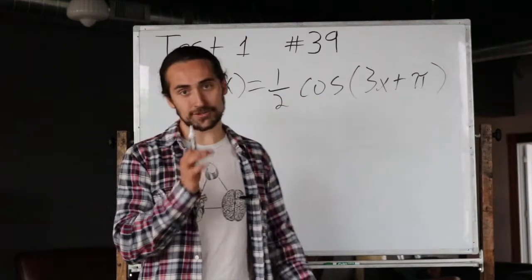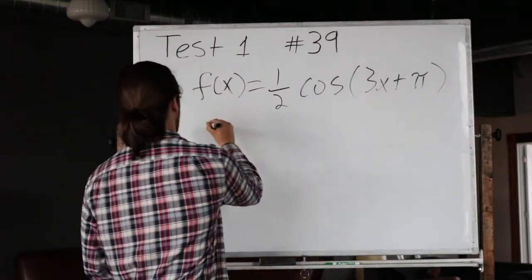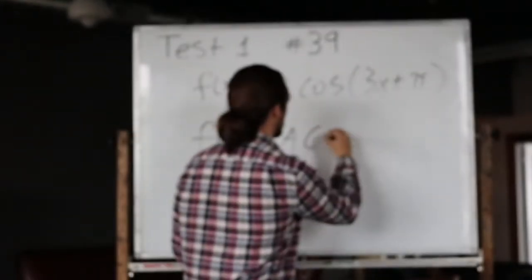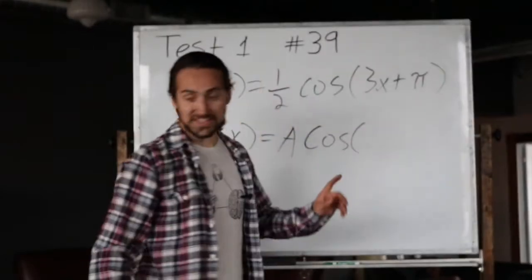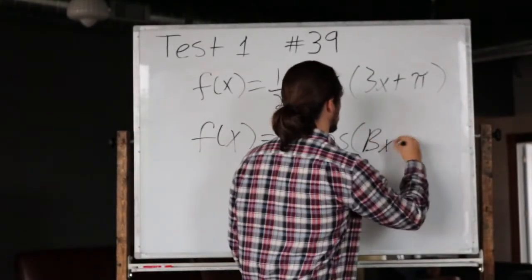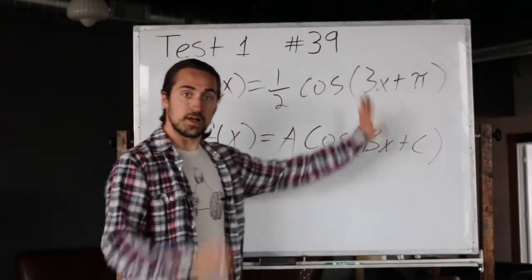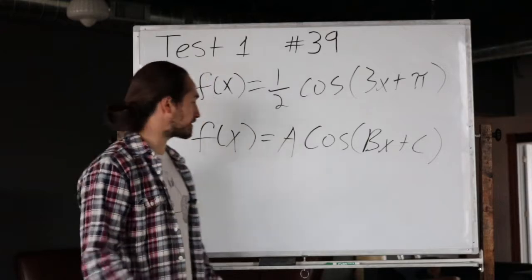So here is the standard form of a cosine function. Okay, this is what it is. And you have to memorize this to get this question right. It's f of x equals a times the cosine of bx plus c. Now when we look at this, okay, the way that we find amplitude, what really matters here is